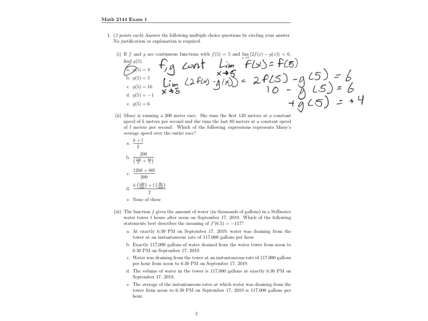So for problem 2, we know that Missy's running a race of 200 meters. She runs the first part, 120 meters, at a constant speed of k meters per second, and the last 80 meters at a constant speed of L meters per second. So we want to find her average speed over the entire race. The first thing we want to know on the second problem is that average speed